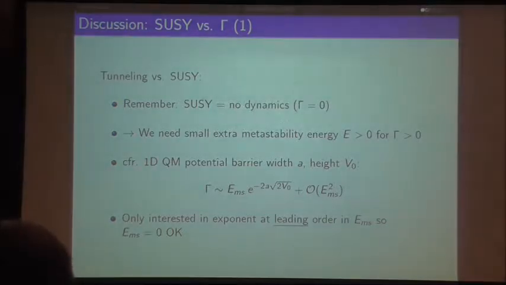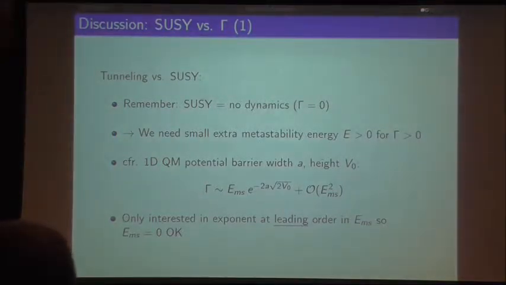Okay, so let me immediately segue into saying some things about the pitfalls of what we just did. What I just explained to you was that we were tunneling from a supersymmetric minimum to another supersymmetric minimum. We had branes sitting on top of a Kaluza-Klein monopole, and then we tunneled them to be a supersymmetric supertube somewhere else. But I also told you in the beginning that if we have supersymmetry, there's no dynamics, because states that are supersymmetric are not going to tunnel or decay into anything else. In which case, we should have found that gamma is equal to 0.